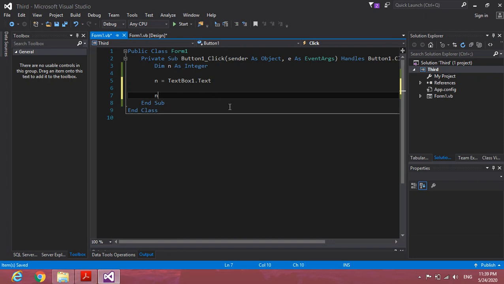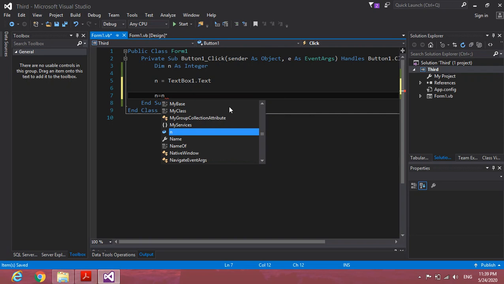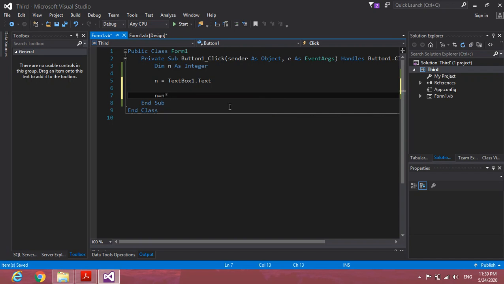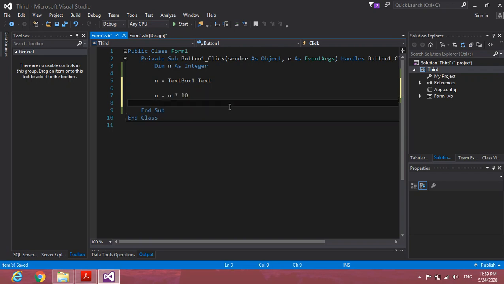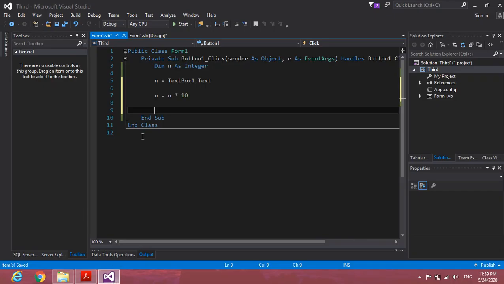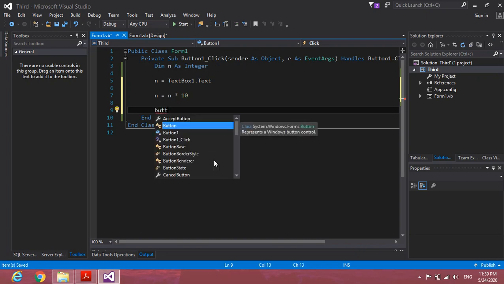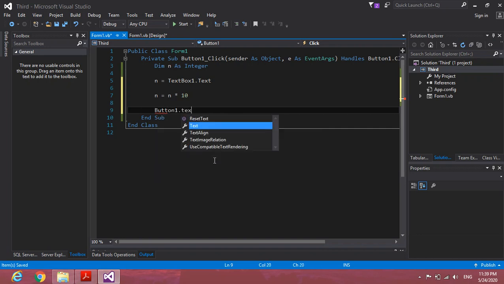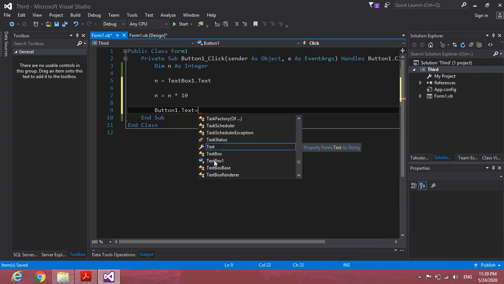So what you should do, n into 10, n into 10, then you have to display the result on the button. So in order to display the result on the button, the name of the button is button1, okay, dot text. To the text property you assign n,